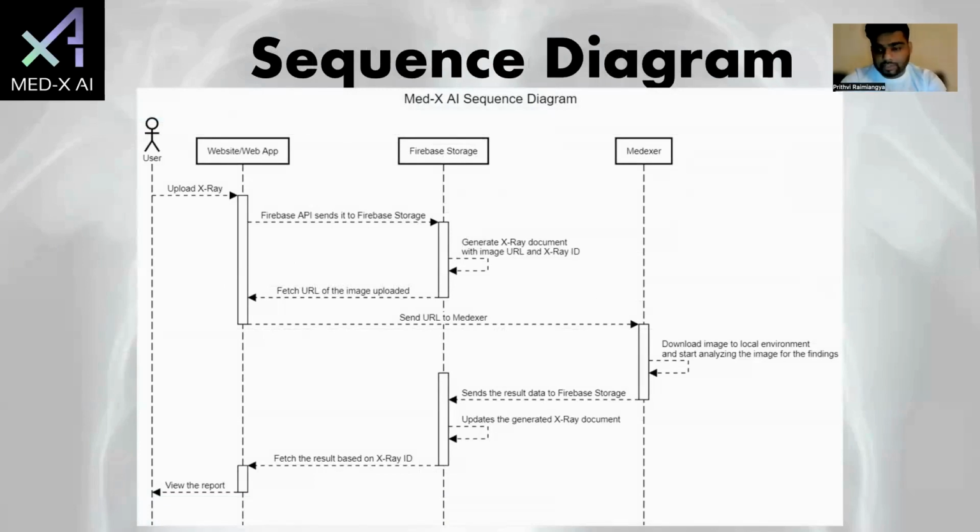This would be the sequence of the activities. Let's say a user uploads the X-ray. The website, our web app Medixer AI, would receive the uploaded image and then send it through our Firebase API to the Firebase storage. Firebase storage will generate an X-ray document with an image URL and X-ray ID and send it back to the front end part of the React. And then from the front end, it will go to our MedXR tool, which is basically